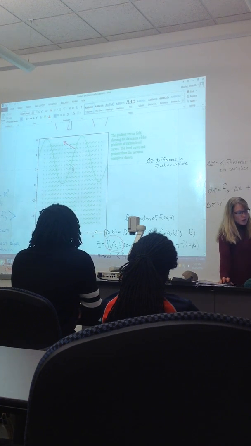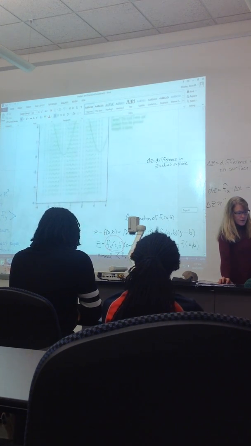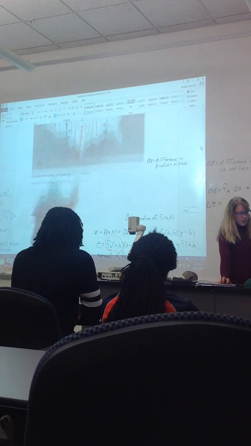So this is just the little green arrows in the background. They're showing you the gradient field. So if I move anywhere on the surface, what's the direction of the gradient? So the one that I drew, you can see it's in the direction of what they were showing as the gradient field. This picture up here,